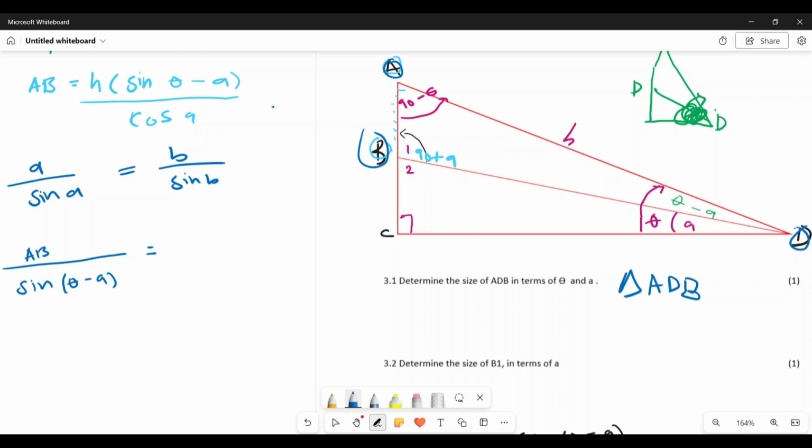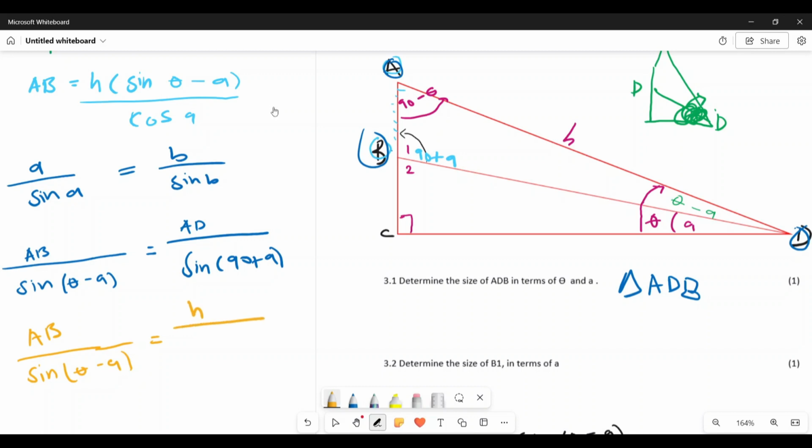I have this line from A to D, and I also have the angle opposite to it, which is B1, which is 90 plus A. So sine 90 plus A. Now substituting, I don't have the value of my AB. This is what I'm trying to solve for. Sine theta minus A is equal to my AD, which is H, all over